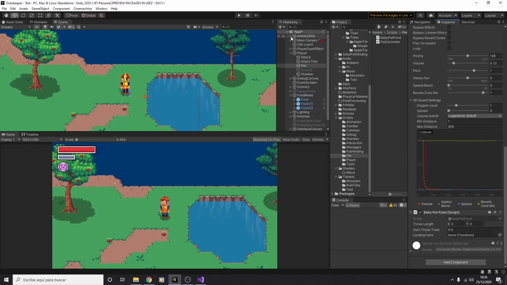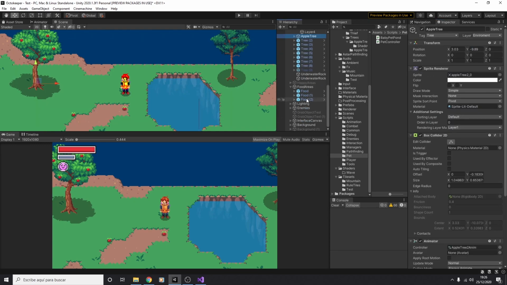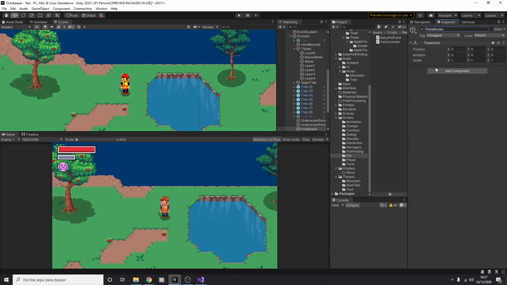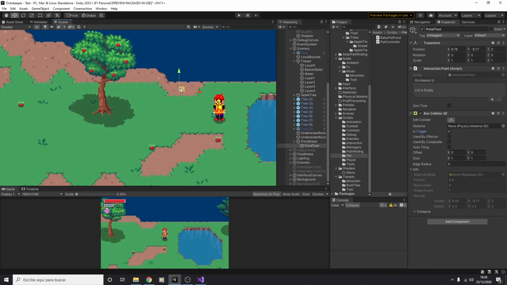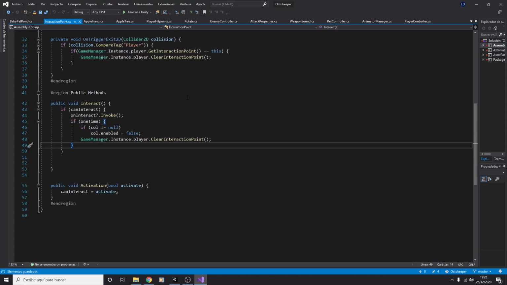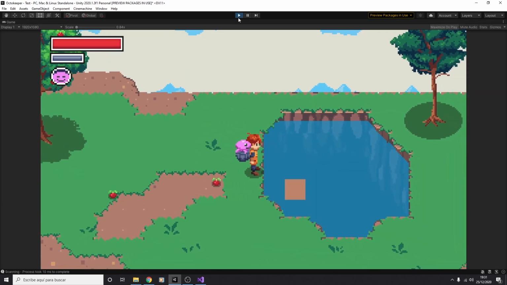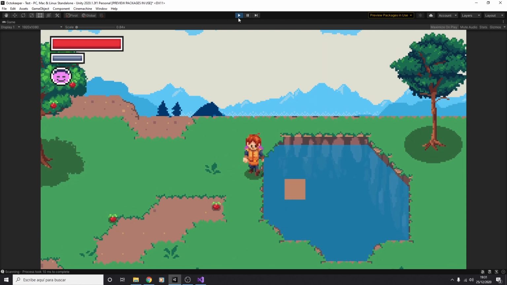I wanted to test the position of the landing point. To do it, I used the interaction system I showed you in the prototype episode. When the character is colliding with this interactable object and presses a button, the landing point will be placed in the world. For debugging, I use a color sprite for the landing point, so we can see where it's placed.